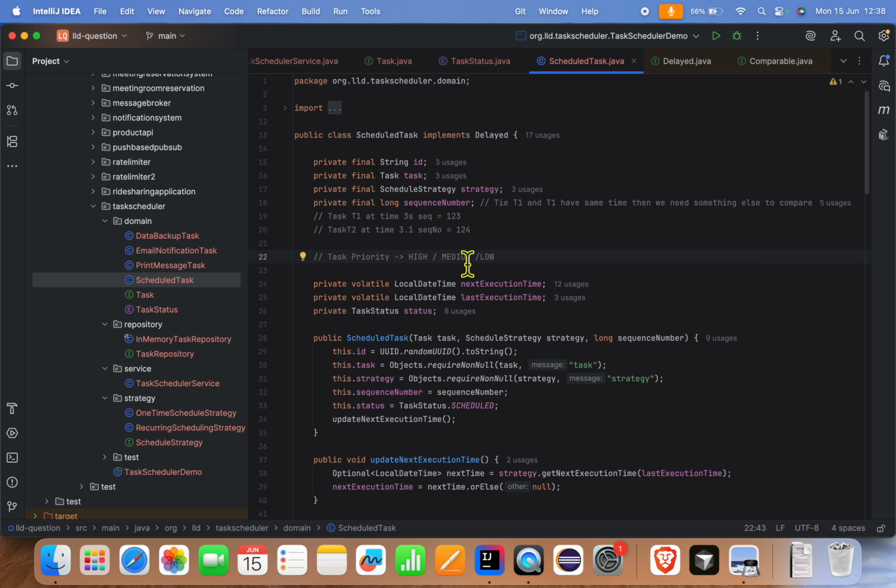Okay, so based on that, both need to be executed at 5 second, but one can have high priority and one can have low priority. So which needs to be picked up first? So now you will question me,